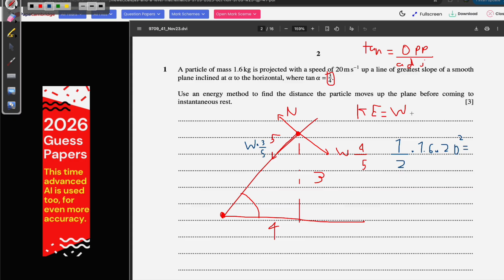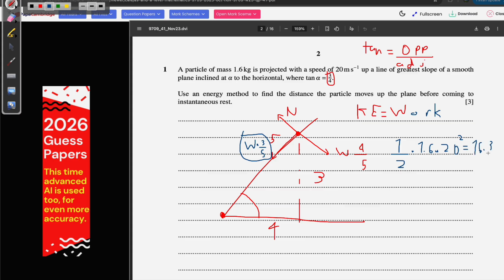Wait, so yes, my bad, it is equal to the work, right? The work in this case, the force we're talking about, is weight times 3 over 5. And then work is force times distance. The distance is what we're trying to find. So the force will be 16 times 3 over 5,